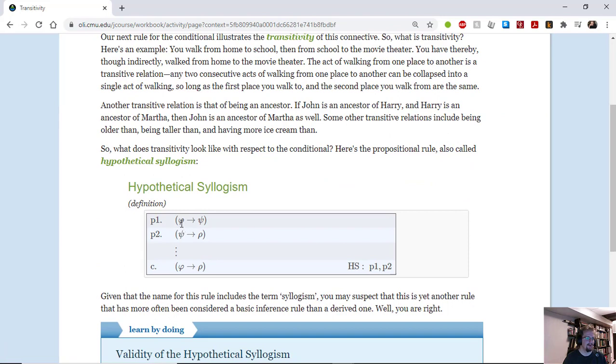Transitivity. This is a fun one. You have likely seen a hypothetical syllogism before. It'll say something like, if I go to the store, then I will buy food. If I buy food, then I will eat. And so, because the phrase "I buy food" occurs twice, once as a consequent of the first premise